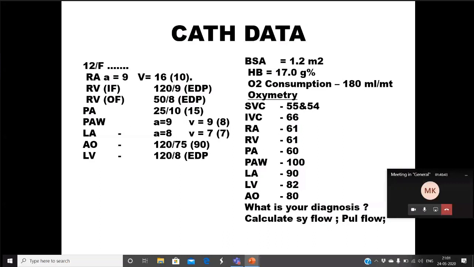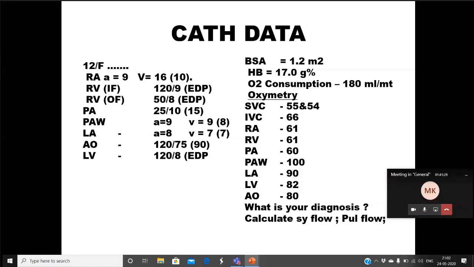So it is 80. 0.8 minus mixed venous. What do you mean by 0.8? 80 by 100, sir. Why do you want to go for 80 by 100? Sir, because we are taking the formulas in milligram per deciliter. We have taken 1.34 multiplied by 10, so the units will be converted. No. Why do you want to do all these multiplications, 17 into 10 into 1.34? This is the oxygen carrying capacity, sir.